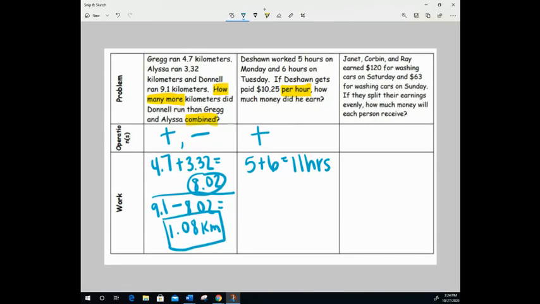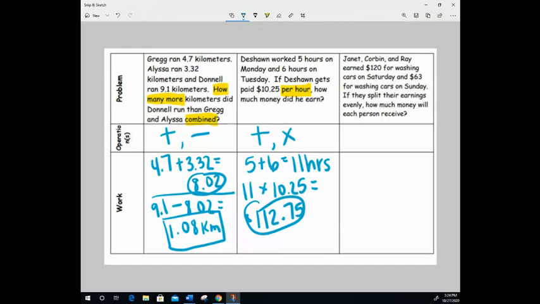Now that's not the final answer. He gets $10.25 per hour. So that means we're going to need to take this 11 hours and multiply, doing some multiplication, times the $10.25. And when we multiply those two together, we get